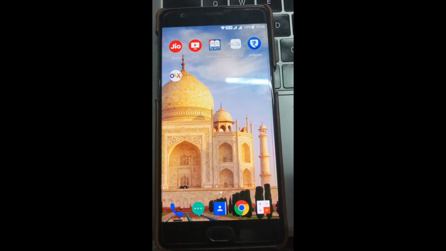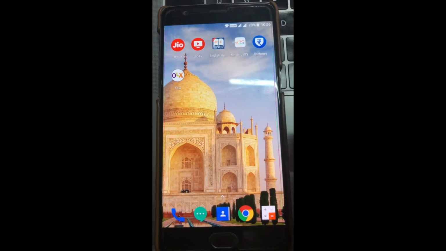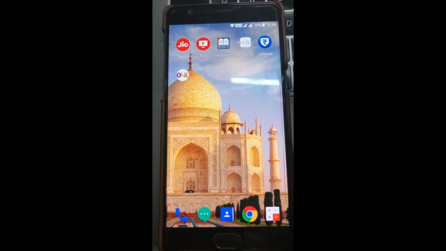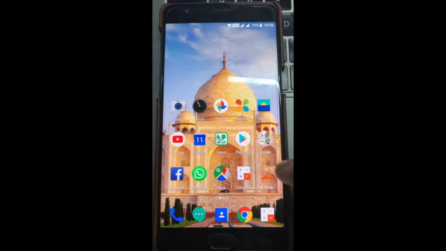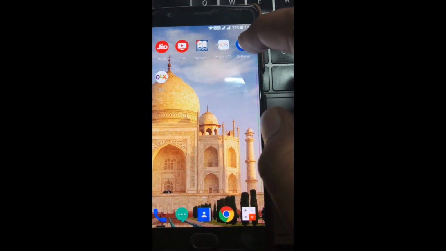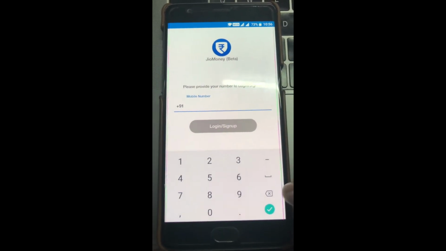Once again, one can also use your phone number to get your Geo Money account. So to log into Geo Money wallet, what you have to do is simply download the app from the Play Store, and then head over to the Geo Money app. For the first time, it will ask for the permissions. Now enter your mobile number